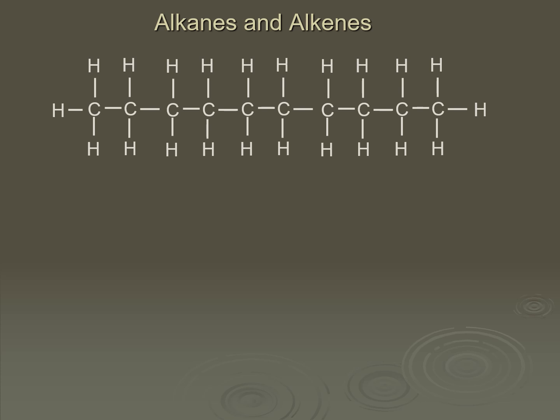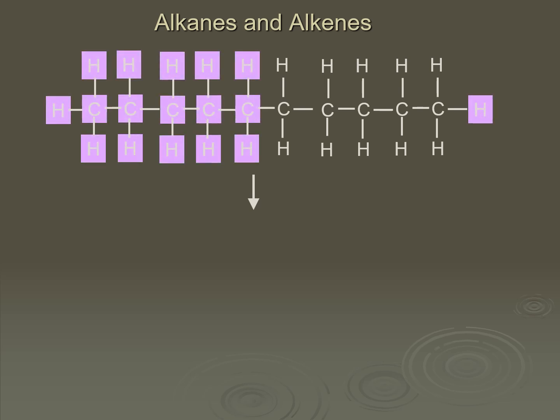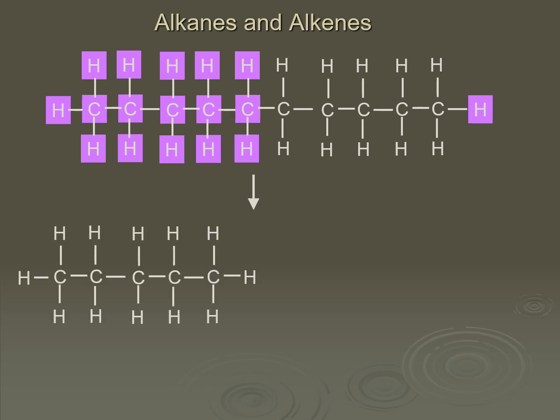So what happens in cracking is you take these large molecules, and when they are heated, and it may be in the presence of a catalyst, you end up with them breaking at some point. So in this case, I've highlighted the pink ones and the hydrogen on the end, because that'll get snapped off and then reformed, and they go to form an alkane. You're always going to make one alkane when you crack an alkane, because of the amount of hydrogen you've got. So there's our alkane. But in addition to that, I've still got 1, 2, 3, 4, 5 carbons left.